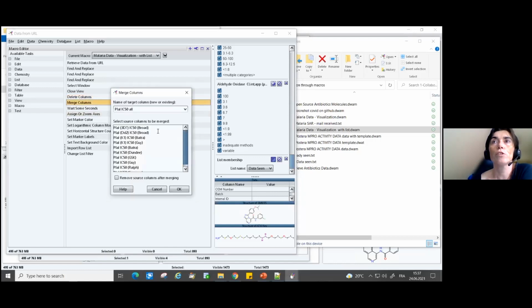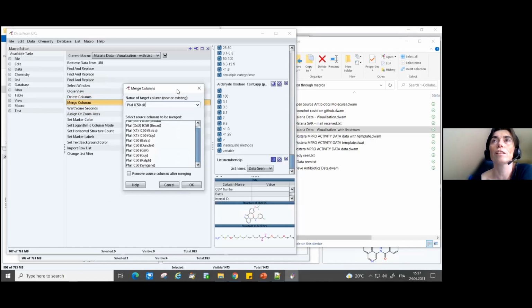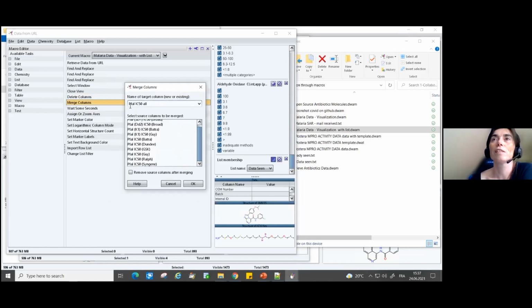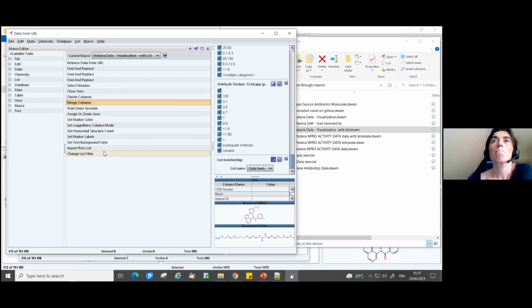And I have merged all the file data that I found with IC50 values. Maybe this is not exactly professional. I don't know if it's what you wanted. So this now creates a new column, which contains a combination of all these IC50 values. And then at the end, there are more